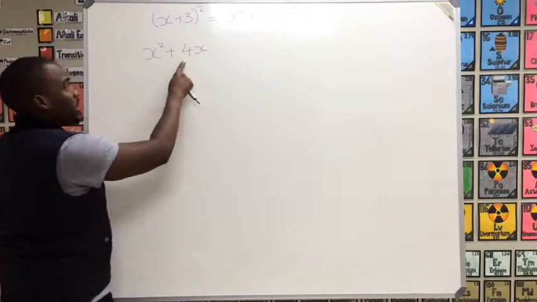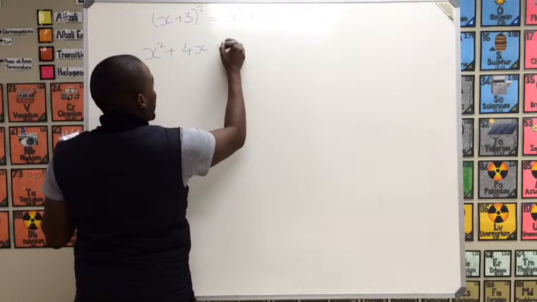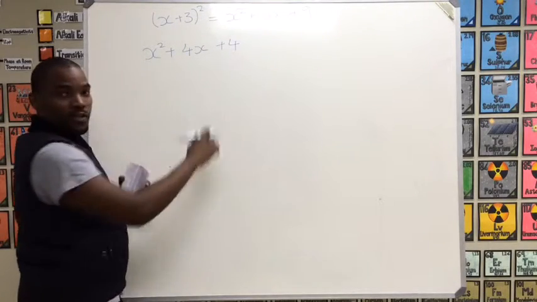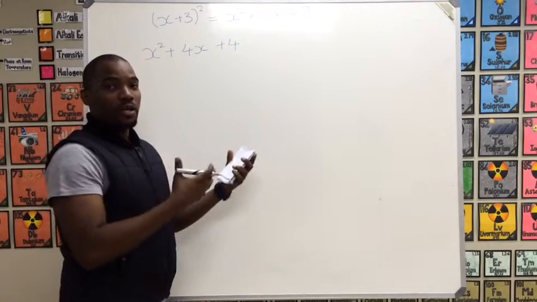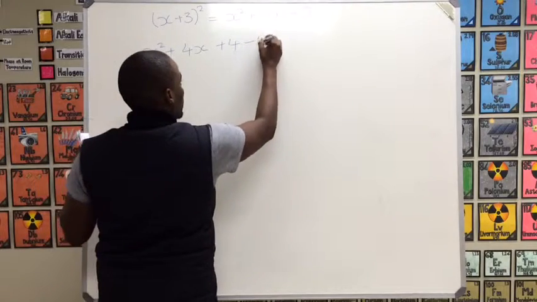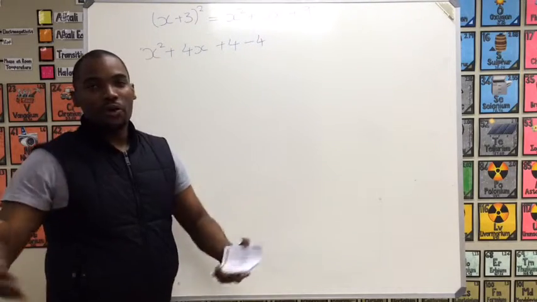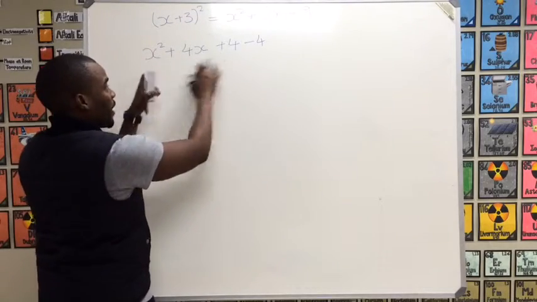So what am I missing here to get my perfect square? Half of 4 is 2, square that is 4. So if I add 4, I've now got a perfect square. But adding 4 changed the value of my expression. So because I don't want to change the value of the expression, I must then minus a 4. So it's basically like adding 0. I made no difference to my expression, but I've got a beautiful perfect square